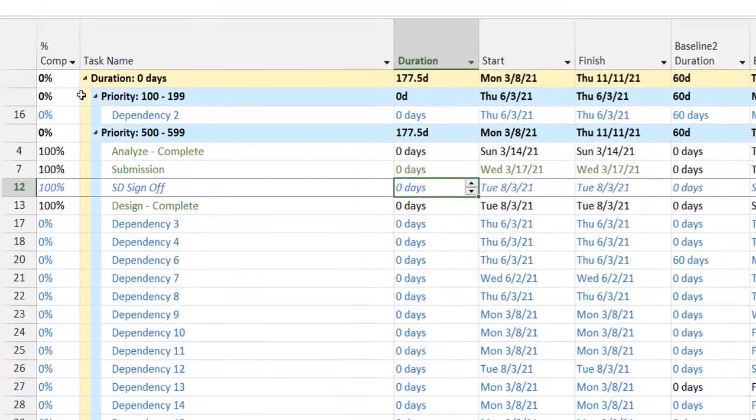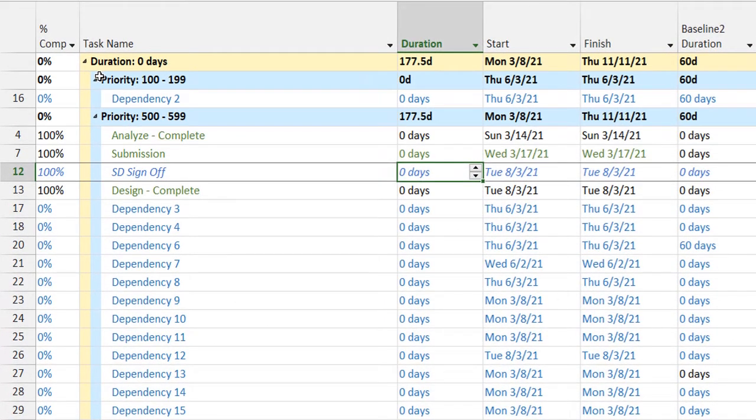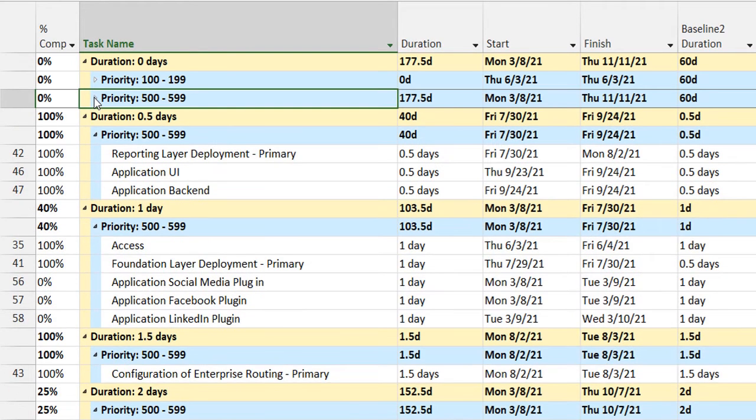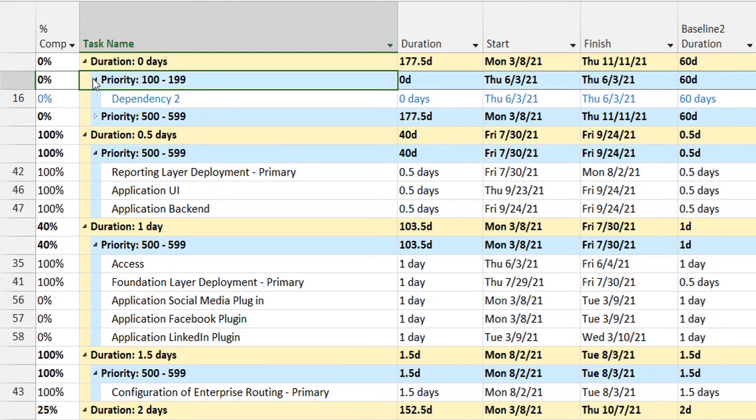You see, now remember folks, you have to select the filter again because it's not dynamically updated. So over here you can see that it automatically breaks the subgroup of duration 0 into two sets of priorities. One is from 100 to 199 and the second is 500 to